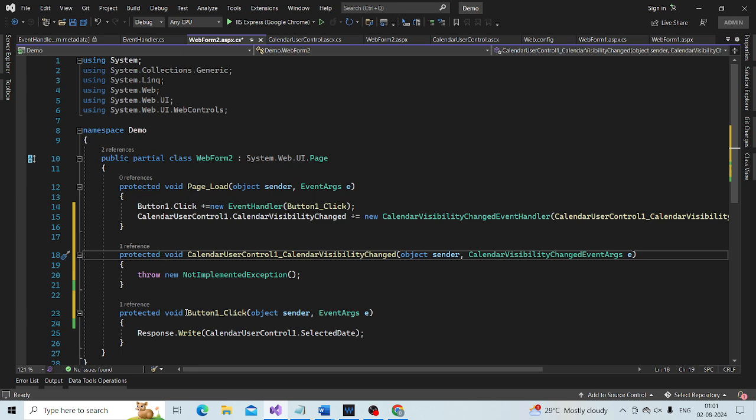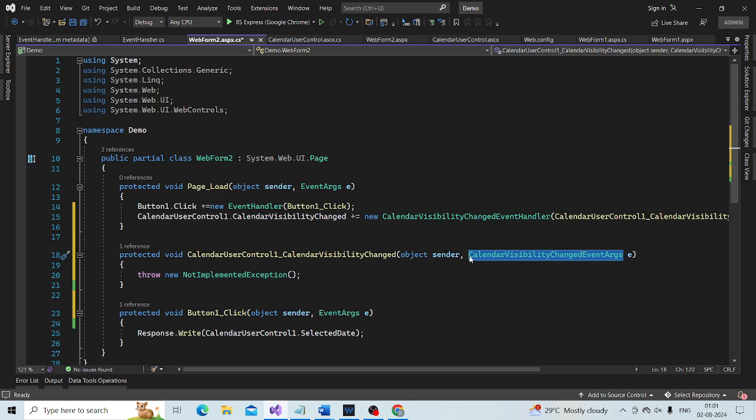And look at the signature of this event handler method.